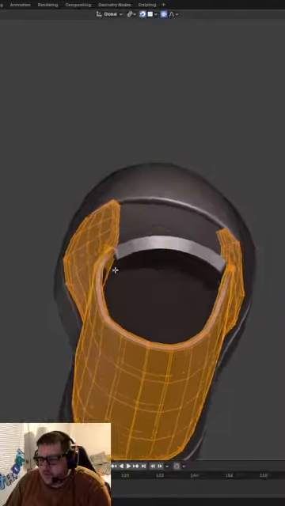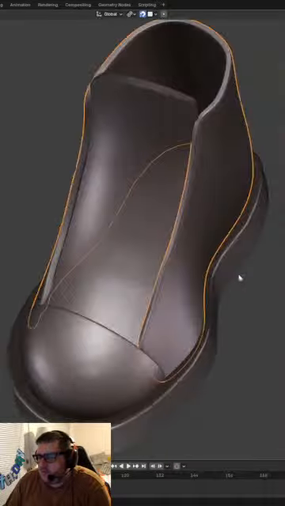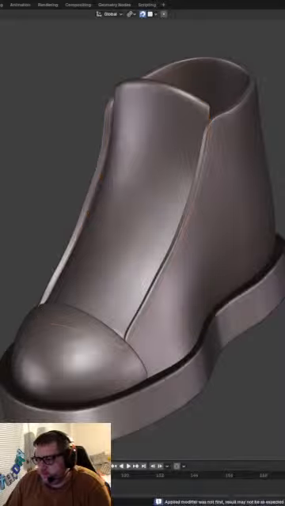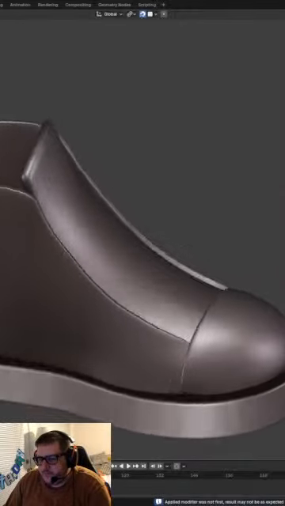It's not terrible. Alright, what can we do about this tongue here? Can we apply this solidify?